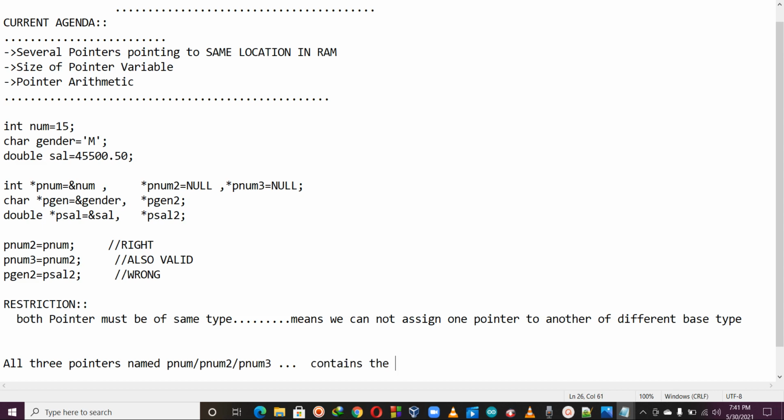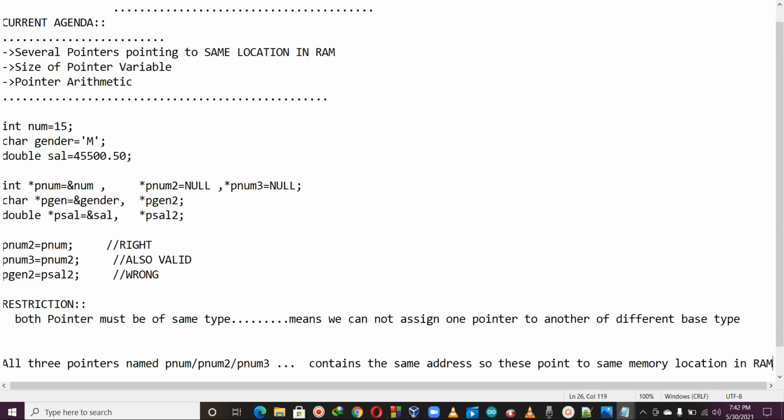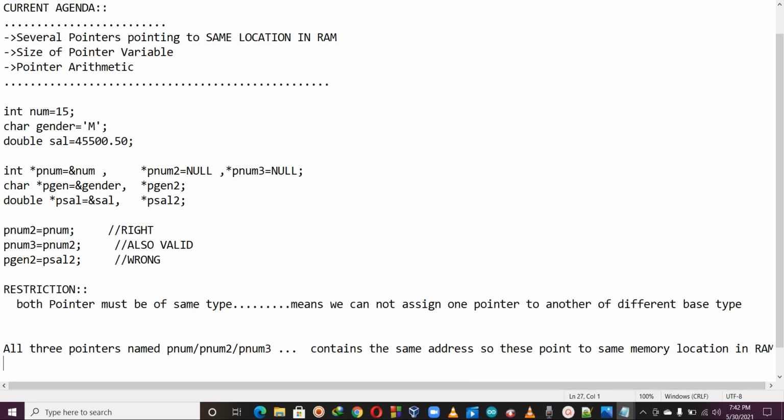contain the same address. Okay, so this points to the same memory location in RAM. Okay, so all three pointers contain the same address. Okay, which address? Address of the num. Okay, points to the same memory location in the RAM. Remember this one. But remember,